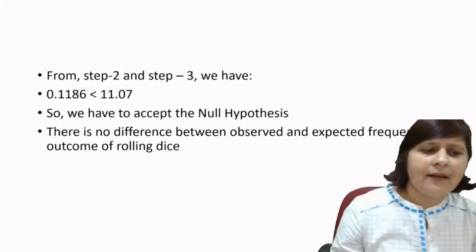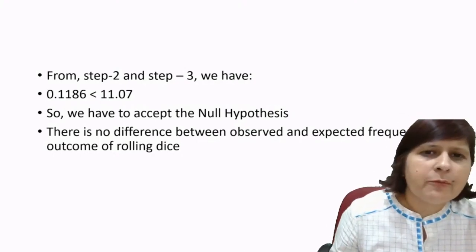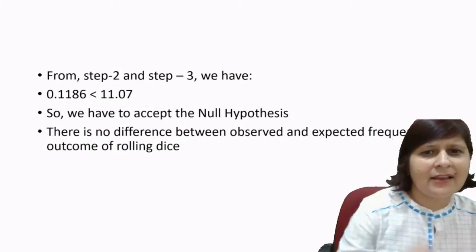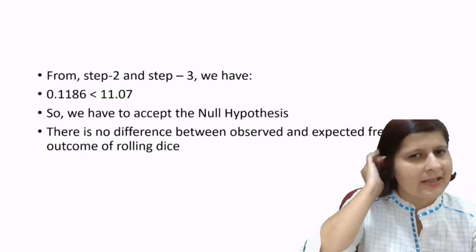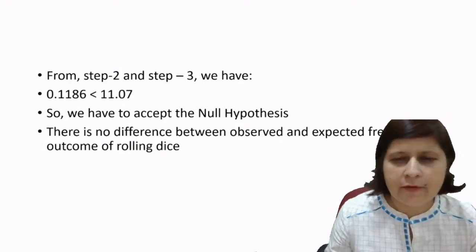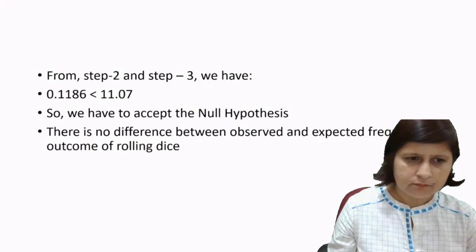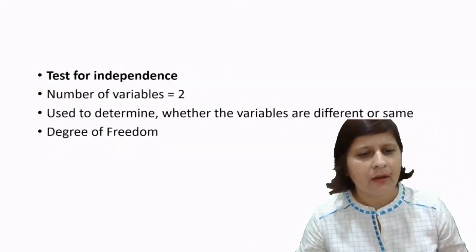The value of chi-square is 0.1186 and the critical value is 11.086, which is more than the chi-square value. The chi-square value is lesser than the critical value. This shows that there is no significant difference, right? I hope this is clear. Okay,